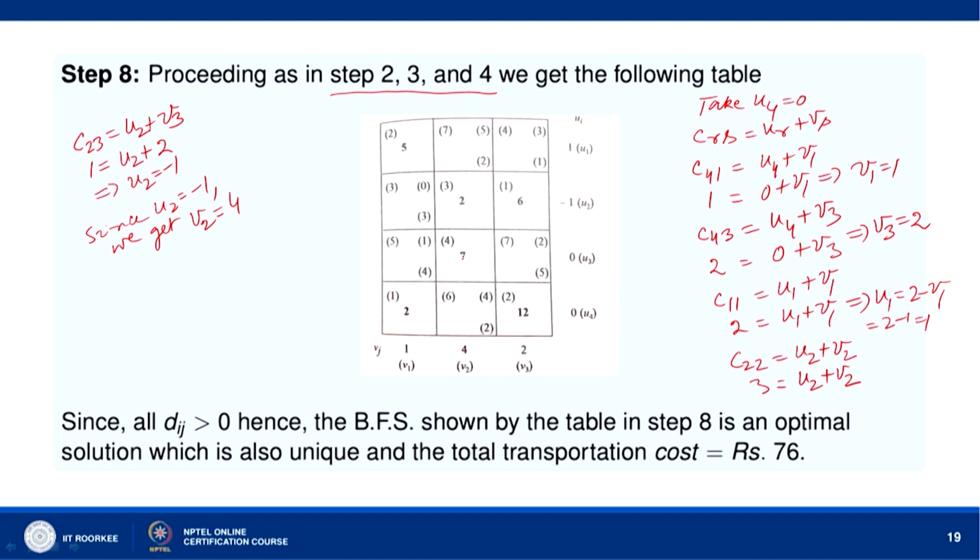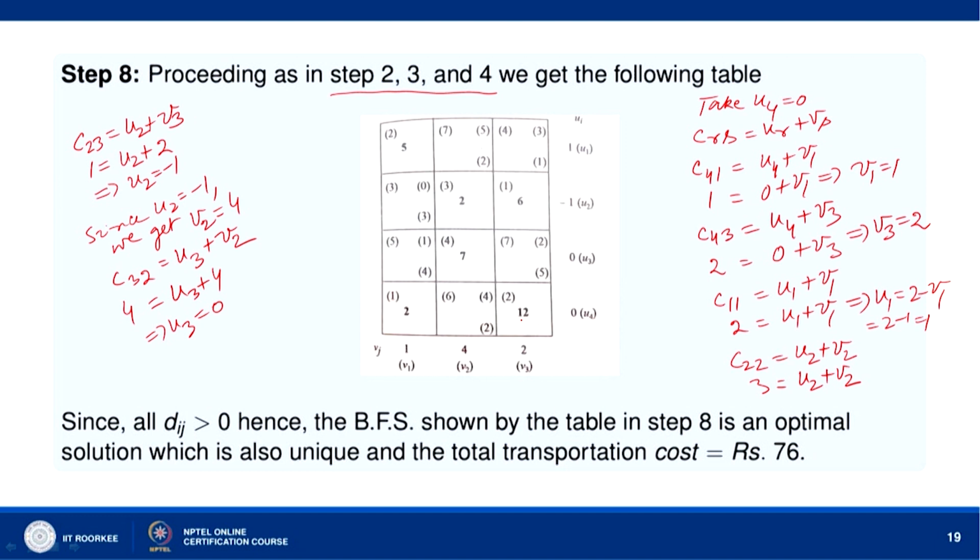So, C32, third row second column, C32 equal to 4. U3 is equal to, we have to find U3, B2 equal to 4. So, U3 equal to 0. Okay. So, we have used this one. And we have used these two also. Have we used fourth row and column 3? Okay, we have used that one also, right.